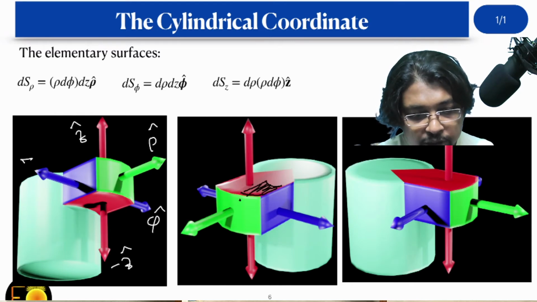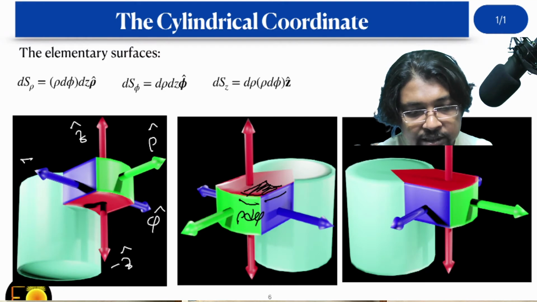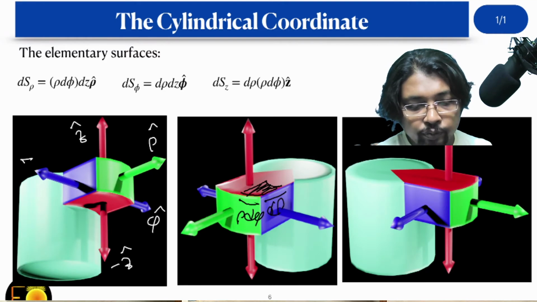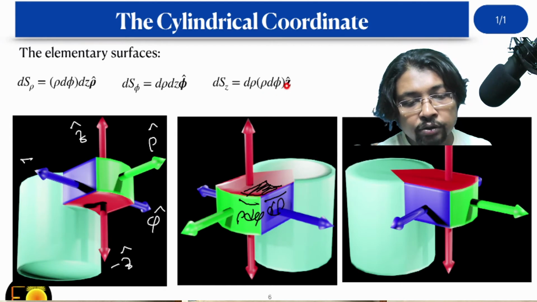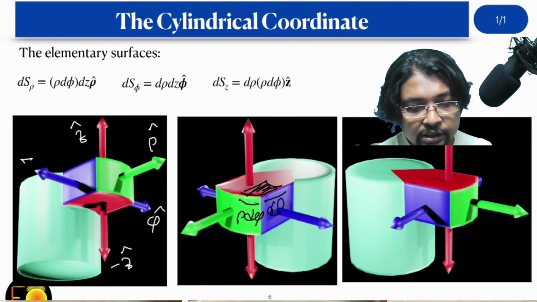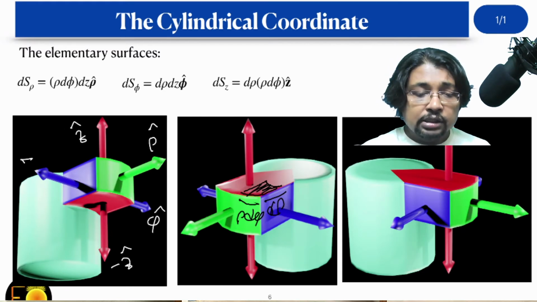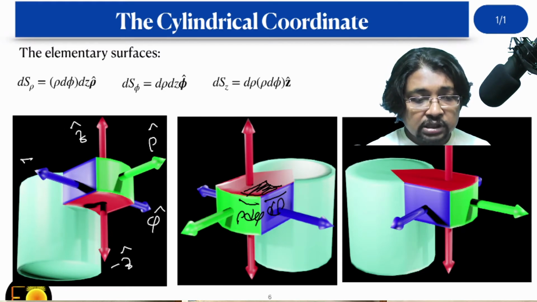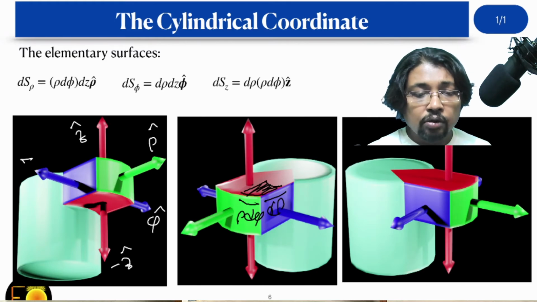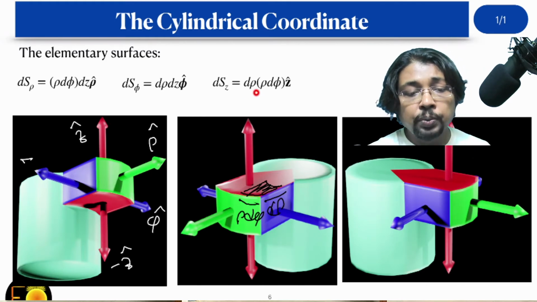Now this curved path is what, that is the rho d phi, and this length is what, it is d rho. So that's why d rho times rho d phi along the z cap direction, that is along this direction. In a similar manner, the surfaces for the opposite direction should have the equal magnitude but opposite